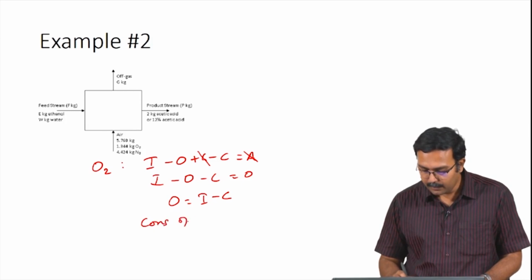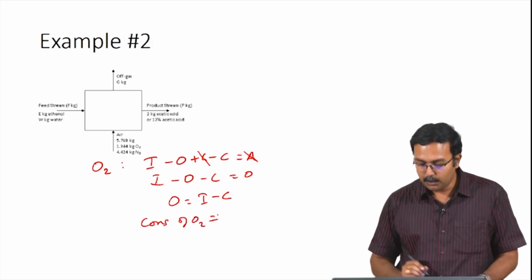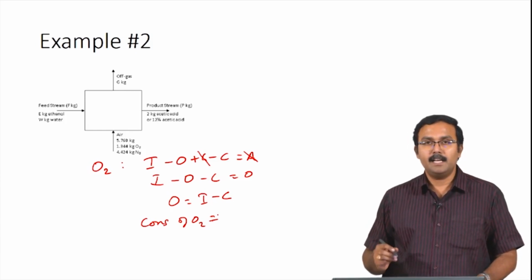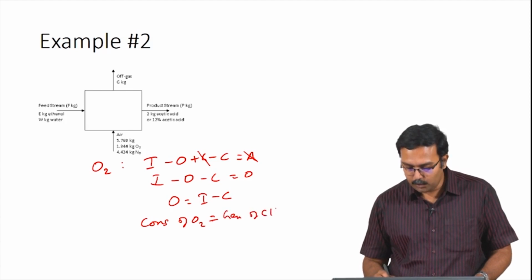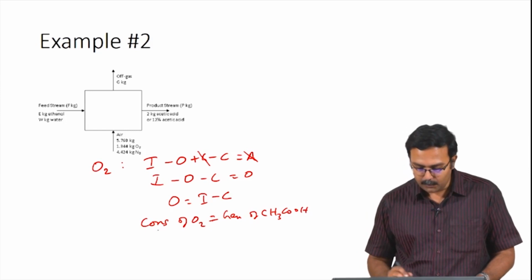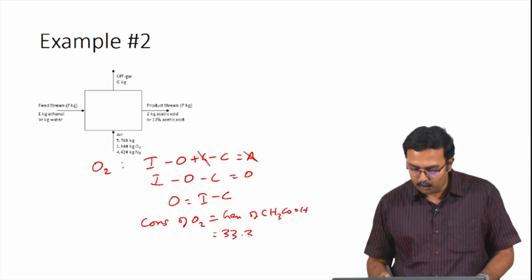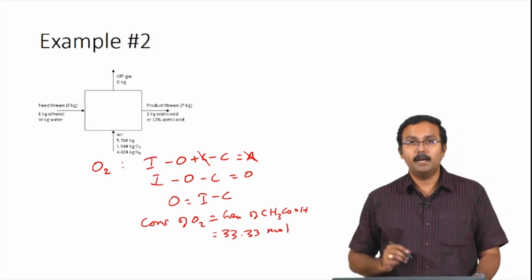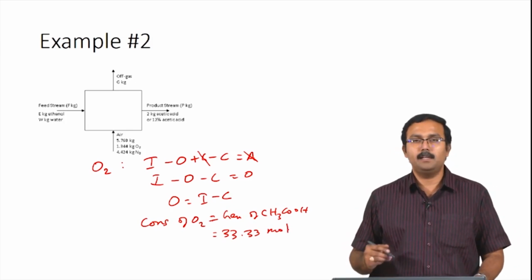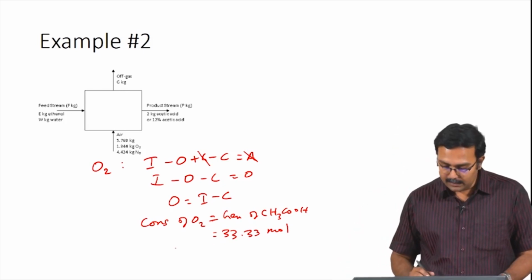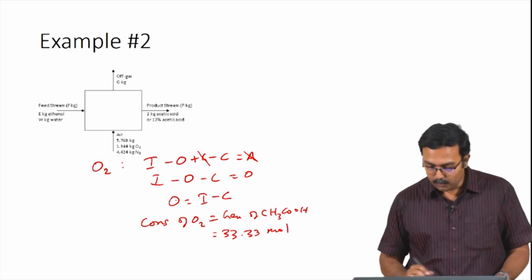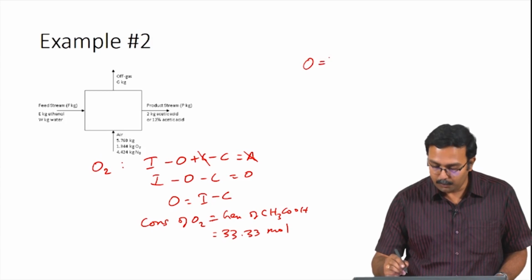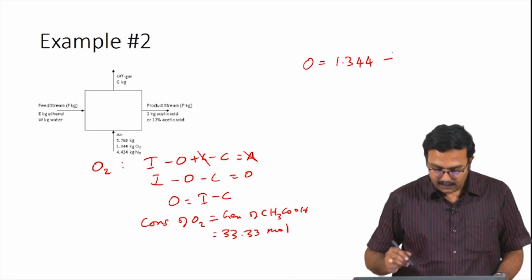stoichiometry, we know that consumption of oxygen would be the same as the generation of acetic acid. For every mole of oxygen consumed, 1 mole of acetic acid is generated, which means 33.33 moles of oxygen has been consumed in the process where we have produced 33.33 moles of acetic acid. So, using this we can calculate the mass of oxygen leaving the system. So, mass of oxygen leaving the system output would be input, which is 1.344 kilograms, minus consumption, which is